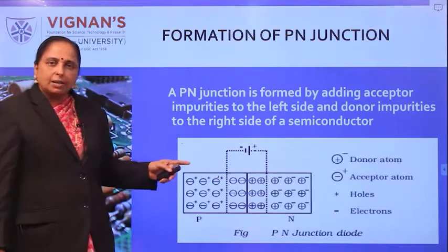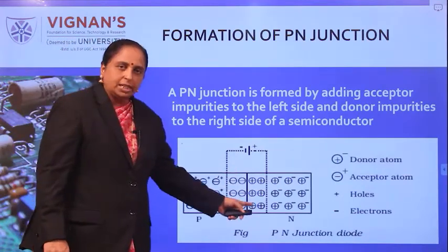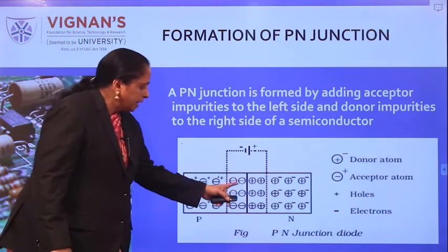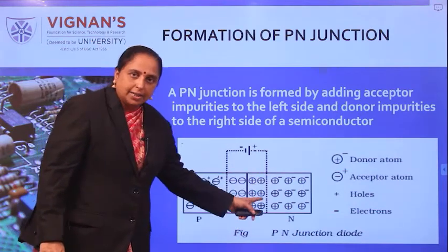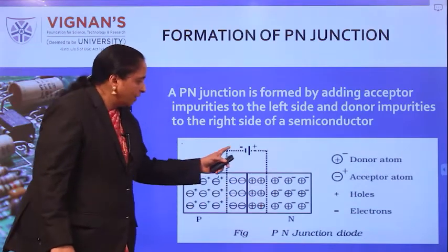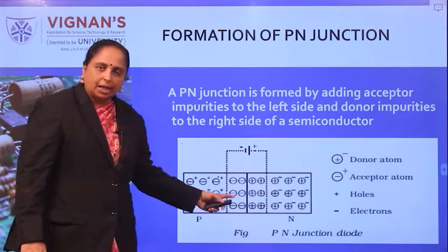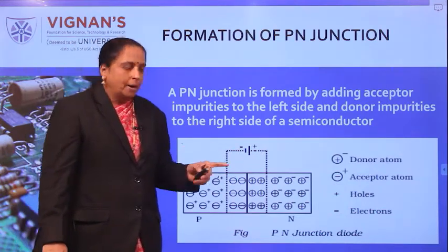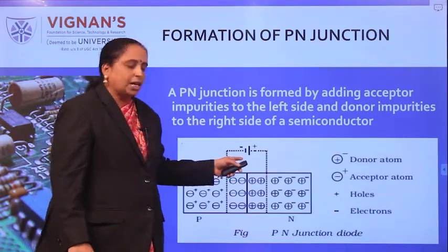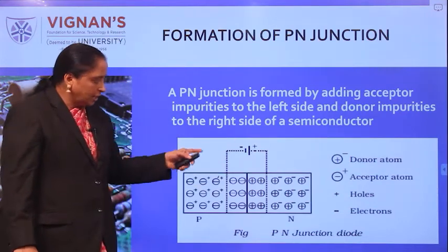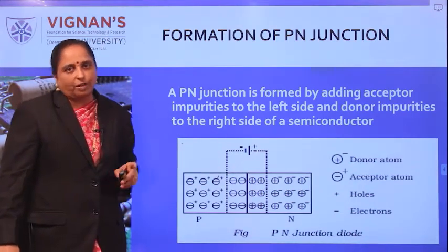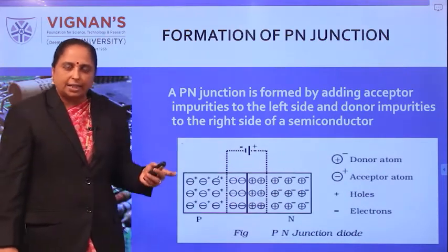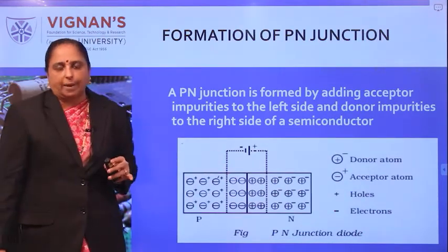There are several names given to this barrier. The first is potential barrier. Why? Because the P side negative ion distribution and N side positive ion distribution form a strong electric field intensity. That's why it has some potential barrier. Suppose if the material is germanium, it is around 0.3 volts, and if it is silicon, the barrier is 0.7 volts. As it exhibits a certain electric field intensity, it is known as a potential barrier.